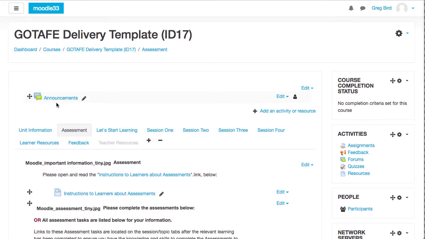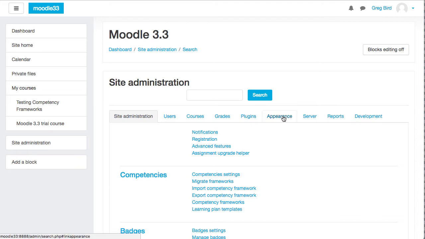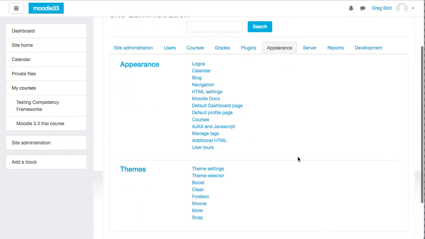What's more interesting to me as we make preparations going forward is how theming is done with Boost. Because Boost isn't really a theme, or not in the way we normally think of it. It's more of a framework. What I mean by that is if I go to the admin console and start to look at the theming area, so under Appearance, and then we've got our themes down here. If I choose the Boost theme,